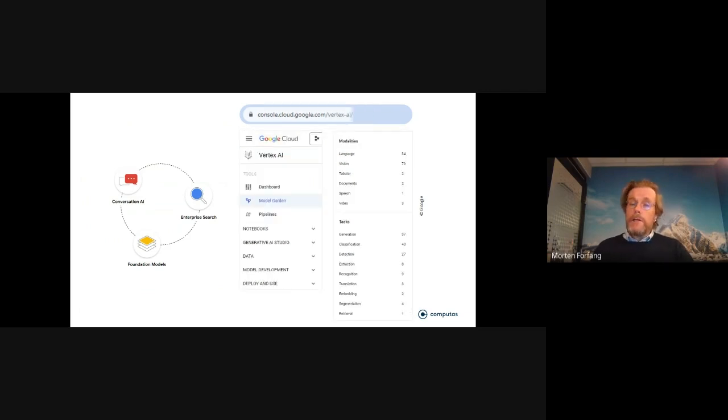And the foundation models, I just wanted to show you that. As you can see, we now move to the middle upper part of the screen, where it says Vertex AI. So now we're on that ground floor we talked about. You can see a screenshot of part of that console, where you can build notebooks, and you can use AI Studio, and you can provide data, and you can put it into production, things like that.